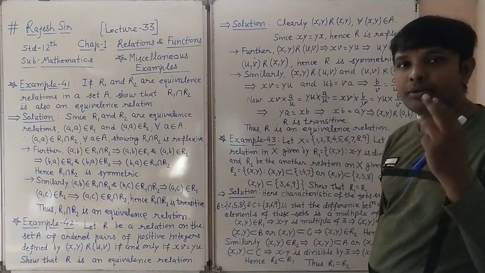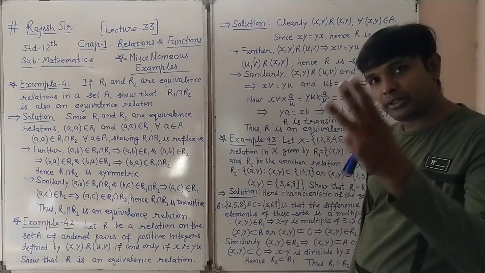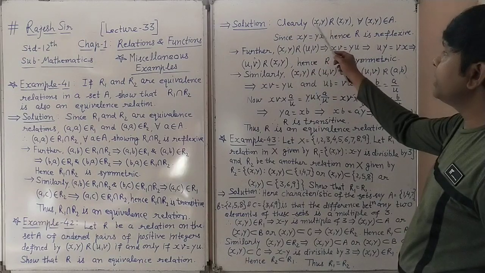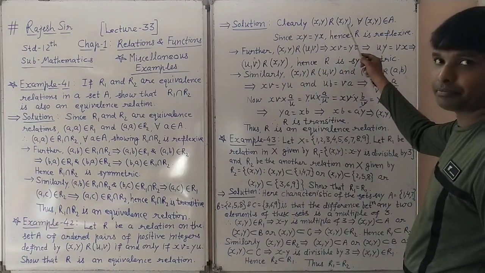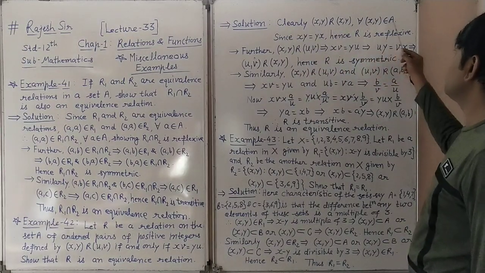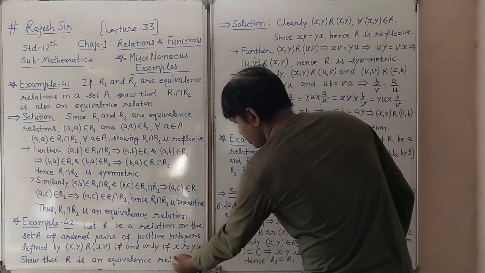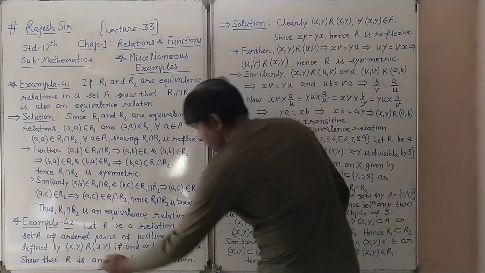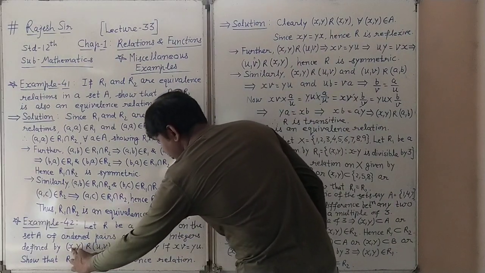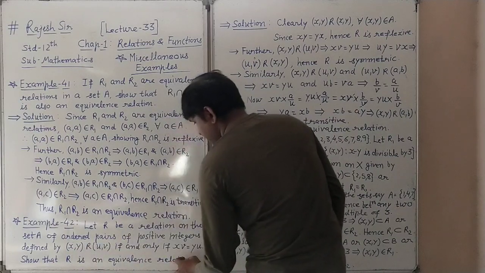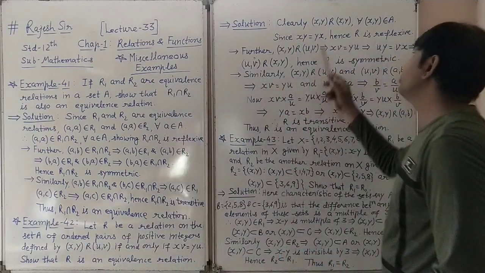So again the three steps we will do: reflexive, symmetric and transitive. So solution here clearly. Can we write (x,y) related to (x,y)? Yes, for every (x,y) belongs to X cross Y. If we write this way, as defined in this question, what to do? We have to multiply the first and fourth, x into v, equals the second and third, y into u. Similar way we can do here.